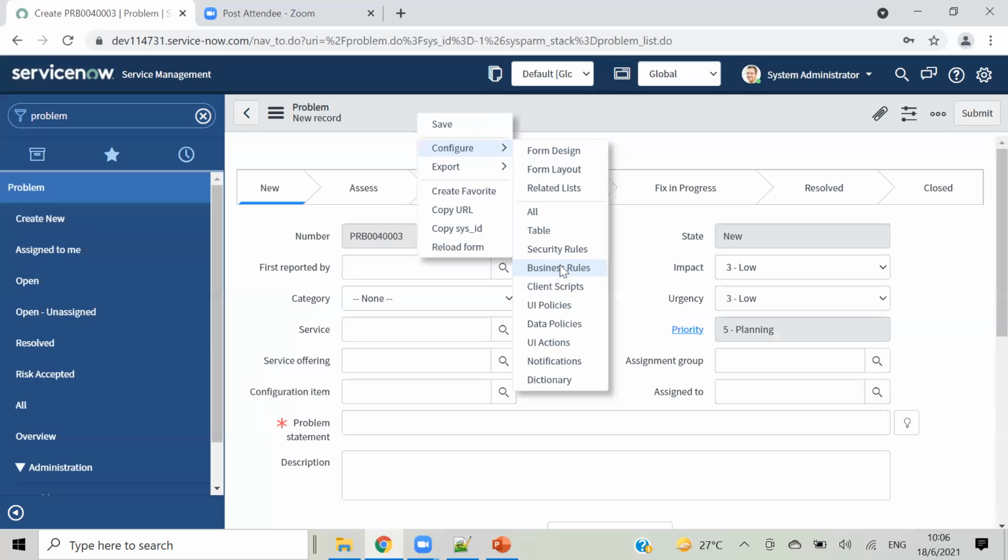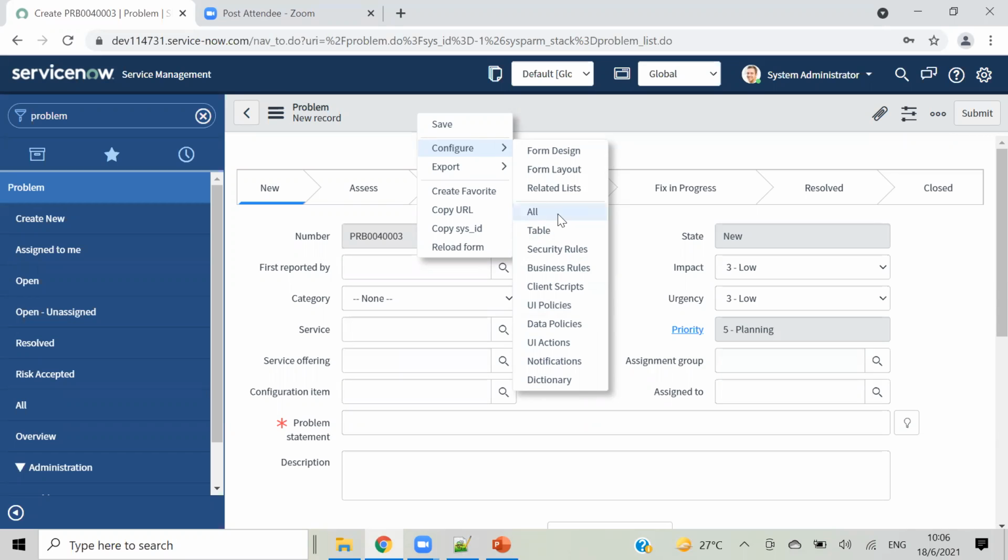Then business rules on particularly problem and its parent, same client script, then UI policy, then data policy, UI actions, then notifications related to this problem management, then dictionary related to this problem management. If you want to see only particular things, you can open from here.